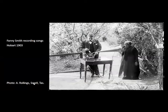And my grandmother's grandmother was a lady called Fanny Cochrane Smith, and she was the only Tasmanian Aboriginal person to record traditional songs. And here she is in 1903. And these are some of the earliest ethnographic recordings ever done in the world. And in following up her story, I went to the Ling Roth papers, as Stéphanie mentioned, in Manchester, to look for